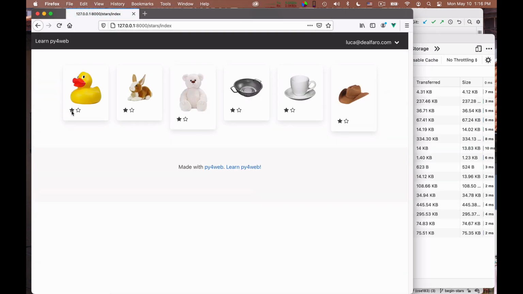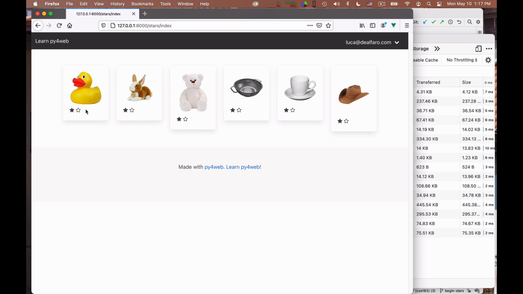Okay, so one is full and one is empty, and I want to put 5 stars below each image, and I want the stars to behave as follows. When my mouse is out of the region, when I'm not mousing over, essentially, I want the number of full stars to correspond to the rating. When instead I mouse over the stars, I want the number of full stars to correspond to the position of the mouse, so that it gives me an indication of how many stars I would be setting if I clicked.